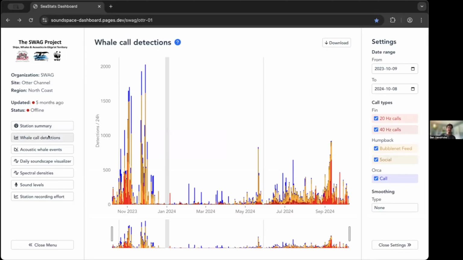So in the first metric, you get information about daily whale call detections. For each species and call type that is detected on your hydrophone, you get information about how many daily counts of detections you find. In this case, if you go into the settings, you see that on this side, there's 3 species detected